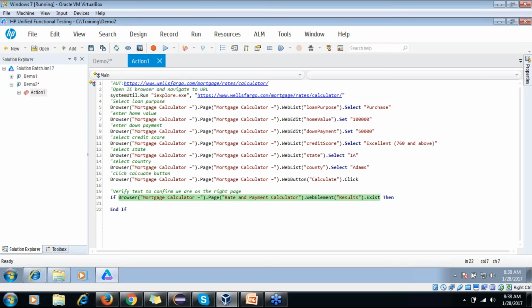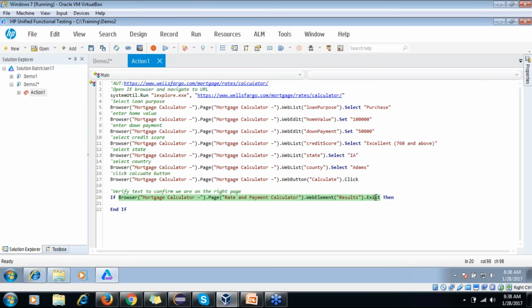This is the best coding practice, team. When you do something, make sure that the element or object exists on the web page before you enter anything or do anything on that page.